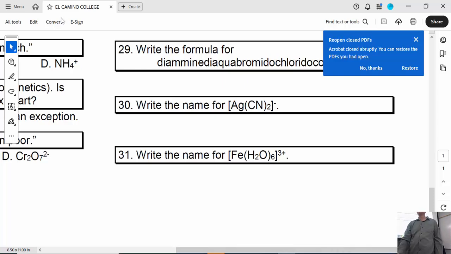Which experiment are we doing? We're doing Le Chatelier's experiment. Take a look at the video. I talk about Le Chatelier's principle in the video. We're going to